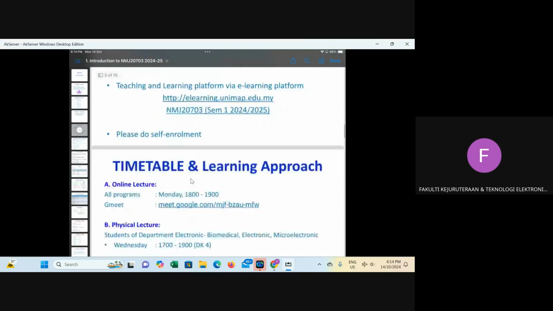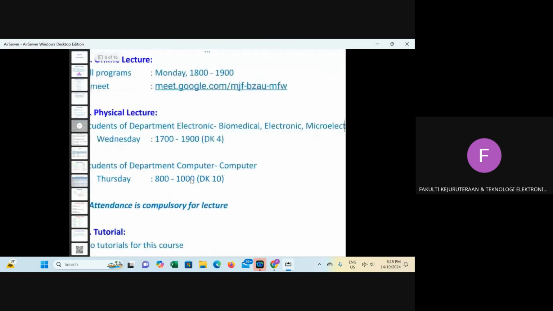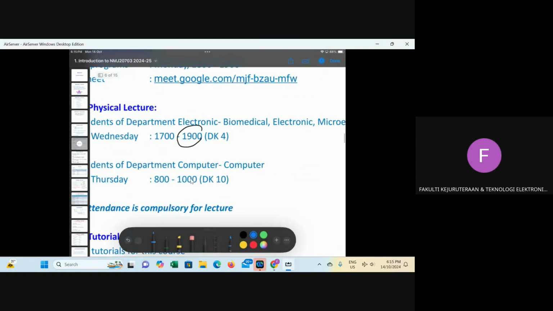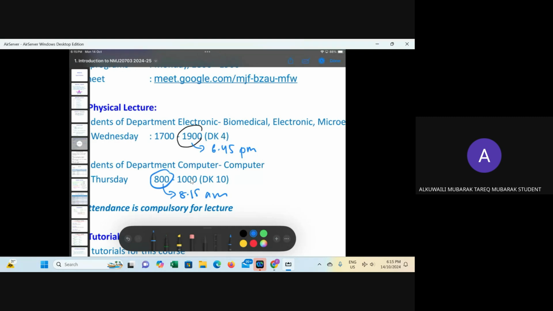So for this one, I think maybe we'll end a little bit early, that 6:45 p.m. and this one will start at 8:15. Is that okay? Yeah. Okay. So Thursday morning, we start at 8:15 in the morning on Thursday.